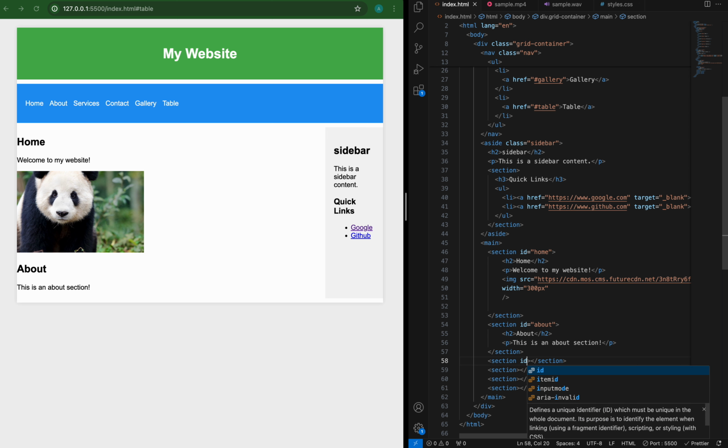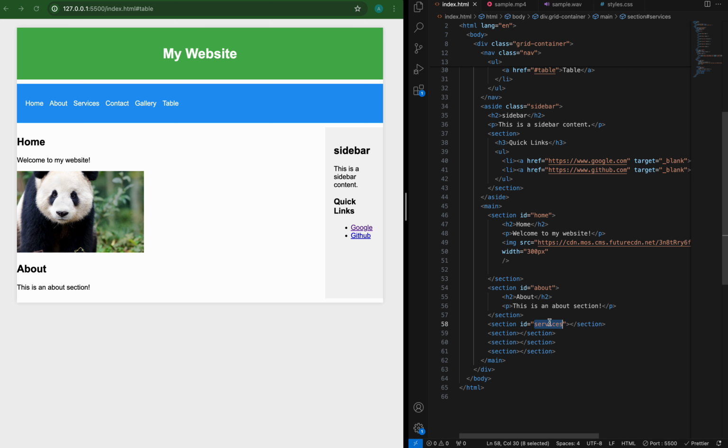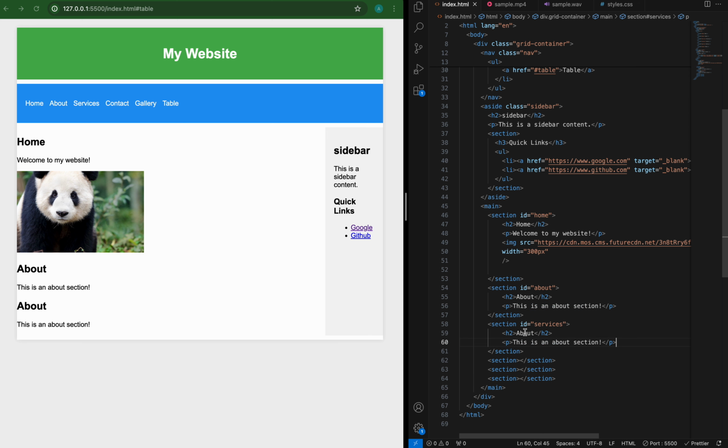For example, we can have id equal to services, and with this I also have an h2 tag as services, and we can say that we offer these services,